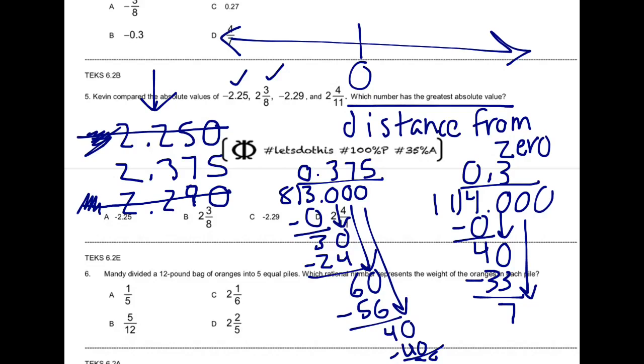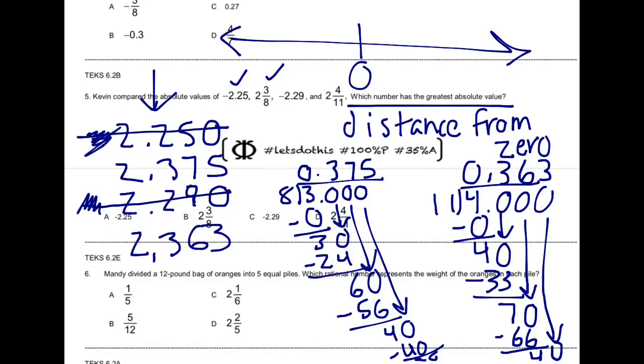Bring down a 0. 11 goes into 70 6 times. 11 times 6 is 66. And then 70 minus 66 is 4. Bring down a 0. 11 goes into 40 3 times. And it looks like this pattern might repeat. So I'm going to go ahead and put over here 2 and